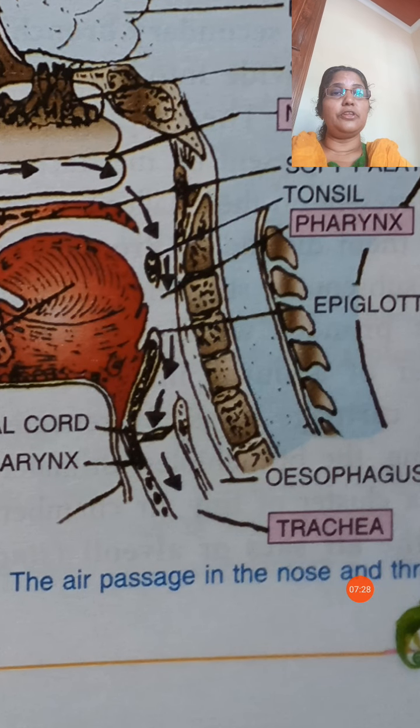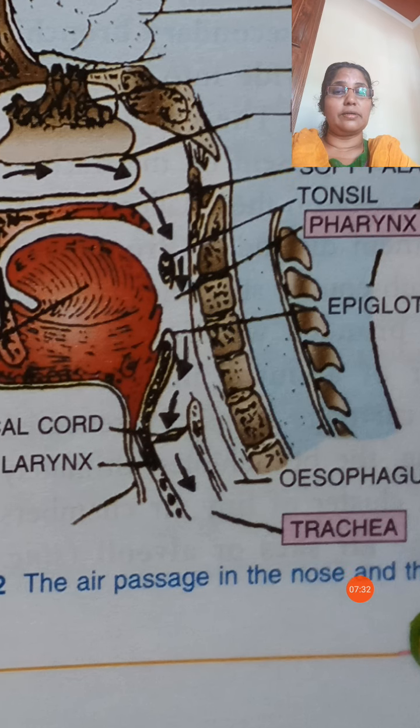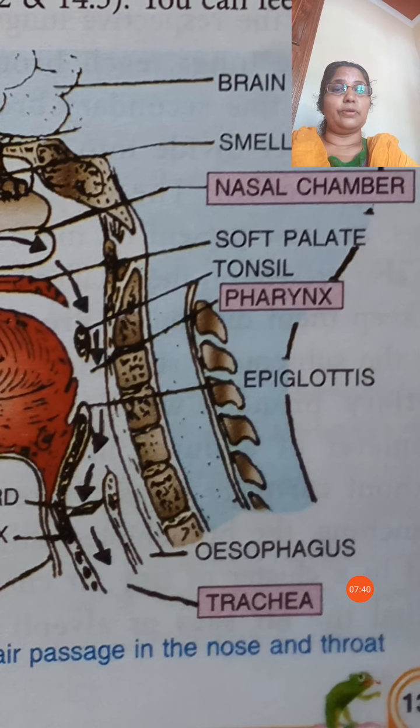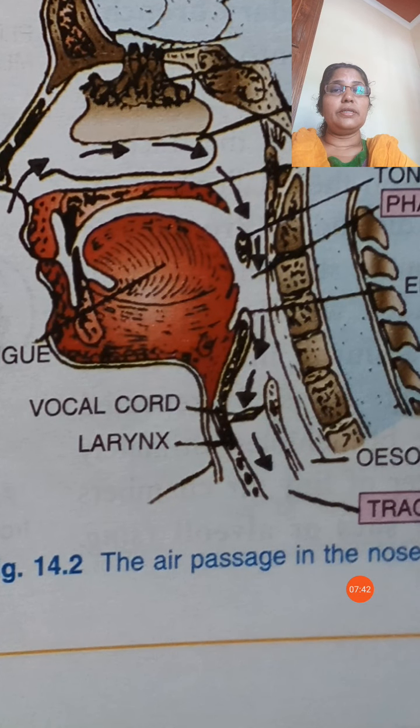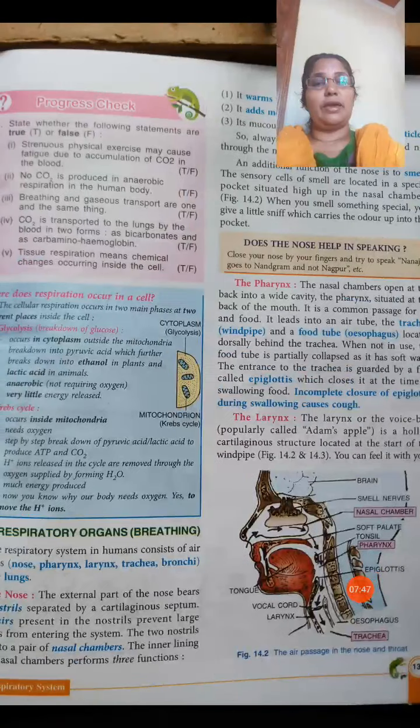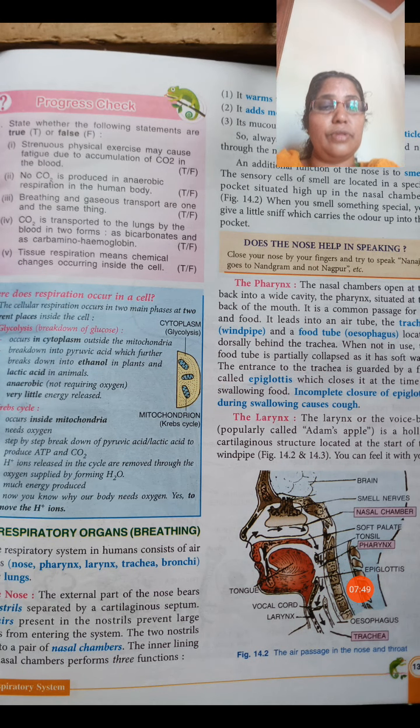Trachea എന്ന് പറയുന്നതാണ് വിൻഡ് പൈപ്പ്. എയർ ലങ്സിലേക്ക് പോകുന്ന ഓപ്പണിംഗ് ആണ് ട്രക്കിയ. ട്രക്കിയ, ഇറ്റ്സ് അപ്പർ പോർഷൻ is the larynx. Larynx meaning sound box. In that sound box we can see the vocal cord. So it is the entry area where the air enters into the lungs.